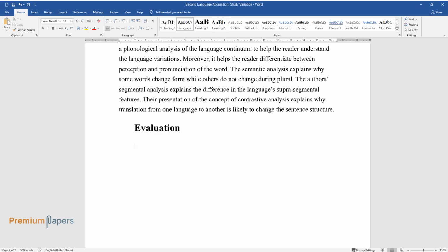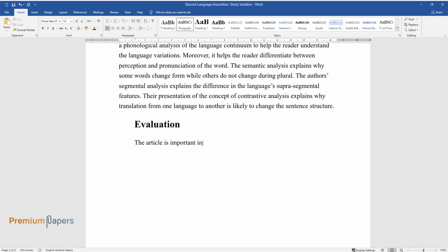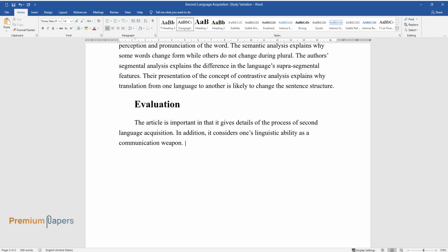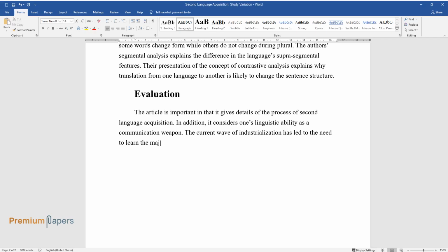Evaluation. The article is important in that it gives details of the process of second language acquisition. In addition, it considers one's linguistic ability as a communication weapon. The current wave of industrialization has led to the need to learn the major languages common in international commerce, law,